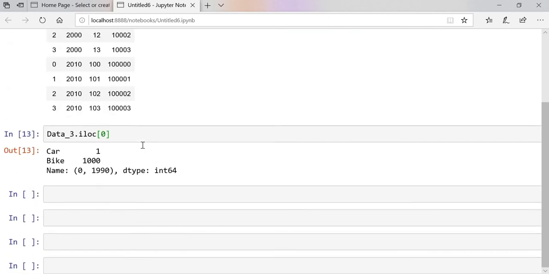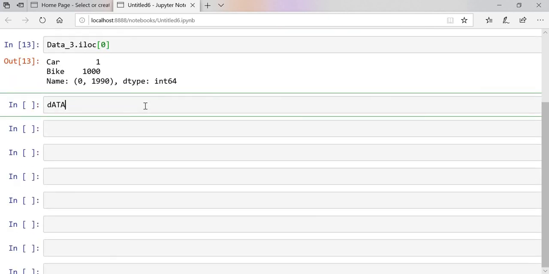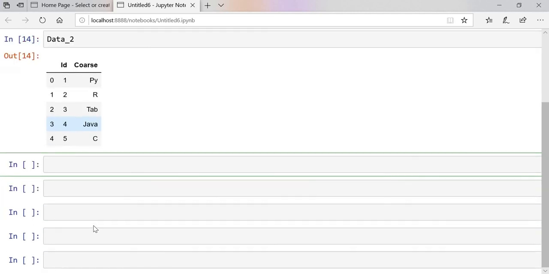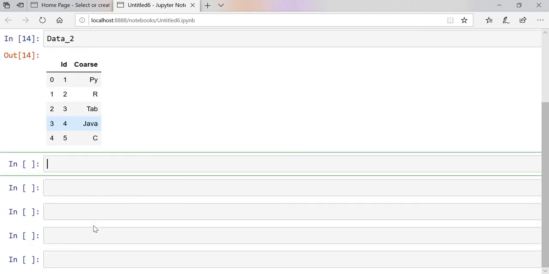Now we'll see this function, that is add a new column with the operation. We'll use data set data underscore, let's say 2 over here. Let's say I want to perform an operation. Let's say I want to multiply the id column by 2, and I want that in a separate column. So let's say we'll do that. I want the separate column name, that is, let's say multiplication. We'll put mul. So in that, what column you want to multiply, that is id.